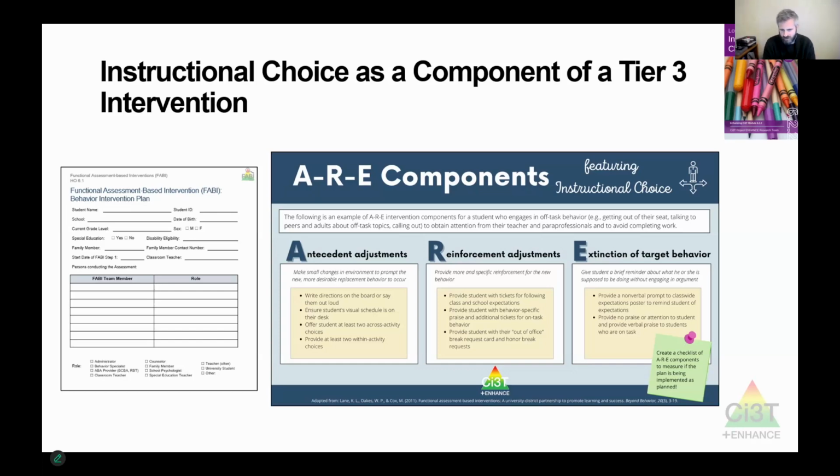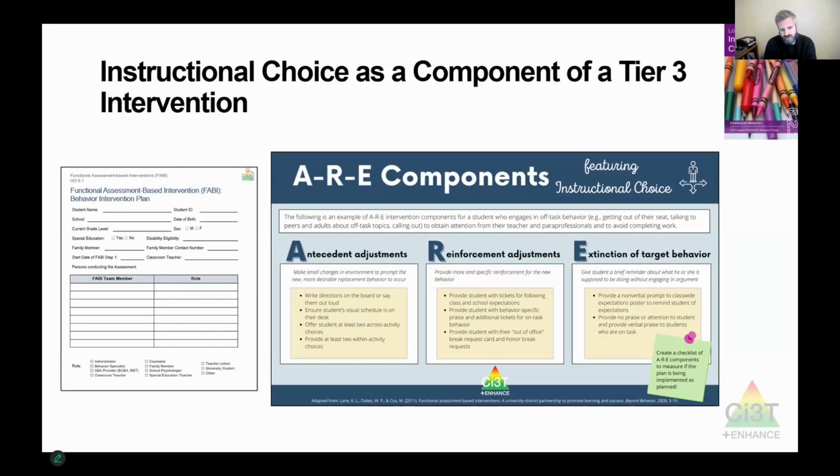But then once you've done all the data collection and you start thinking about the actual intervention for a functional assessment-based intervention, you have to start compiling different things that you can put into the soup to help that kid relative to the data that have been collected. And oftentimes, really small interventions like instructional choice become really important. Because if you're like, okay, we know this kid sometimes engages in aggressive behavior, and if we follow the chain all the way back to the beginning of what led us to that aggressive behavior, it's like, oh, when we ask him to do his math assignment, it starts off a chain of events that the conclusion of that is this really explosive behavior.